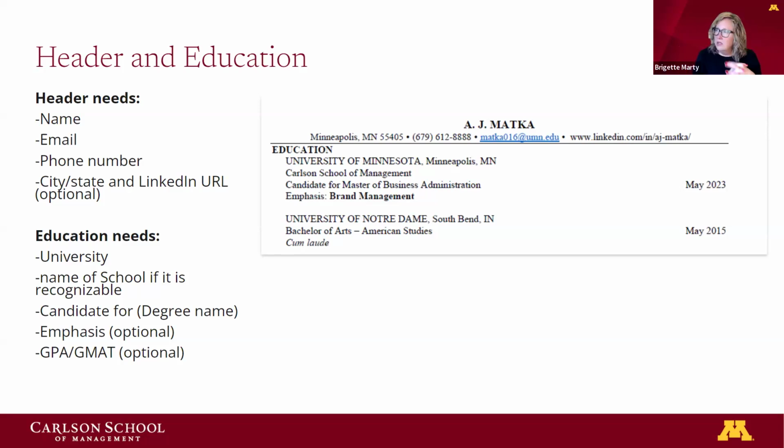If you are a working professional and you're thinking, I have no idea, I might be 3, 4, 5 years, estimate. You could say spring of 2027, but we need something that is showing us when you aim to graduate. Below that, there's a couple options for what you can put underneath the name of the degree. This candidate chose to show that they're doing an emphasis or a specialization in a certain area of brand management. For our MBA programs, an emphasis is typically about 12 credits in a certain discipline. It's also meant to just highlight to the employer or the reader, this is your area of interest. You do not have to have an emphasis at all.